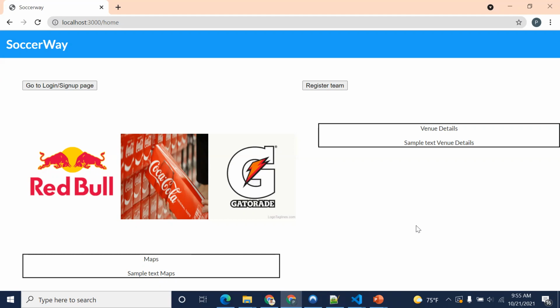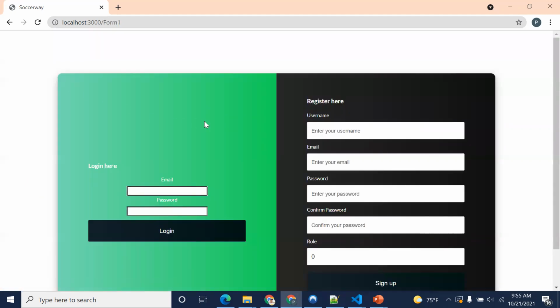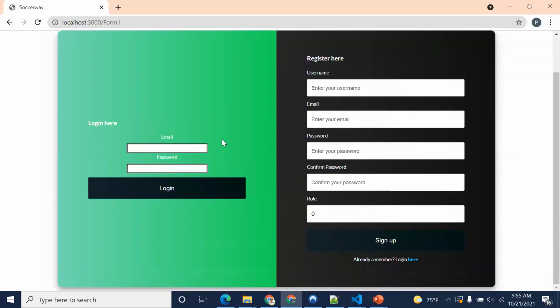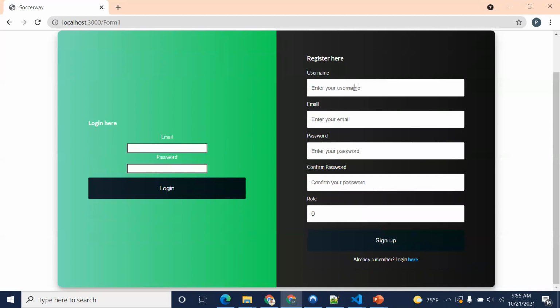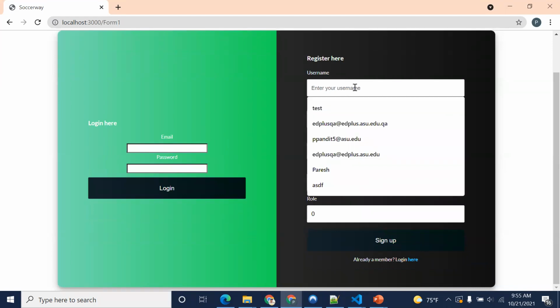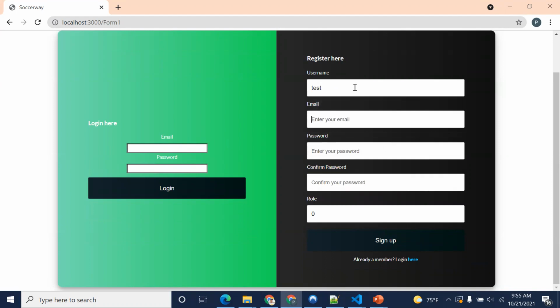I'll just quickly guide you through the pages that we have. One of the pages is the register page. If you click on that register page, we are redirected to a login and register page here. We have used OAuth and a token system for generating the authorization and authentication in this particular project. So we have the register page here. What I can do is give you a quick demo of the register.